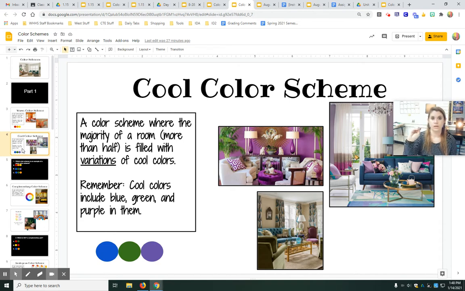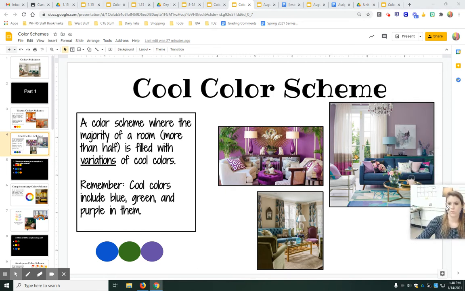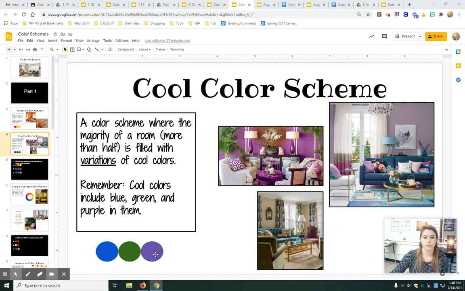Oppositely, a cool color scheme is where the majority of the room is filled with variations of cool colors. Cool colors include blue, green, and purple in them. So when we think of things that are blue, green, or purple, we might think of water, we might think of cool grass, we might think of grapes, we might think of icicles, snow, all cold things, all things associated with coolness. And these colors don't make us feel as warm and cozy, they make us feel more calm